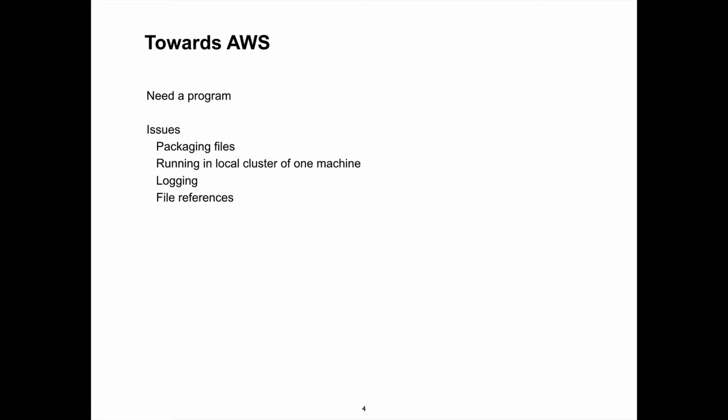So I want to go through steps to first, how do we mimic what we do on AWS on a local machine rather than just run it in a notebook? And we need a program, and we need to be able to say, look, here's my input file and here's my output file. And we don't want to hard code that in our program because you may want to run the same program on different inputs. And you may modify that program and then you want to use a different output file so you don't clobber the old one.